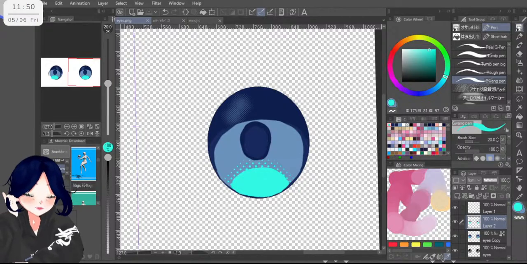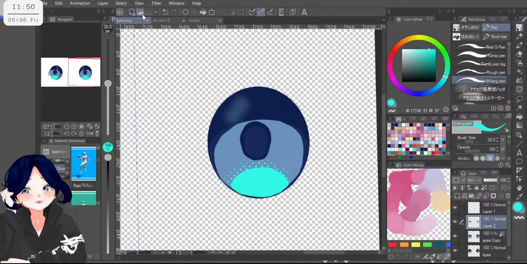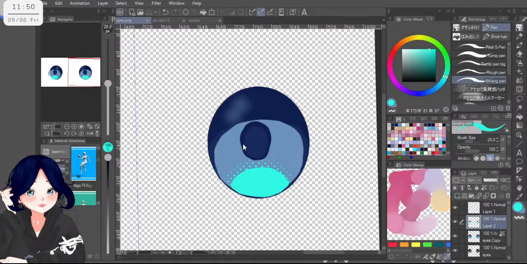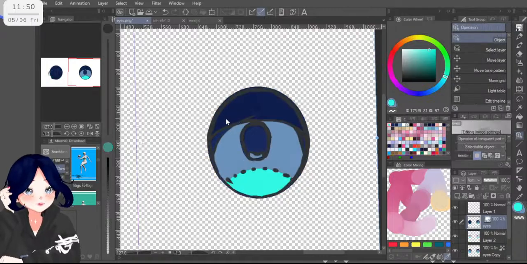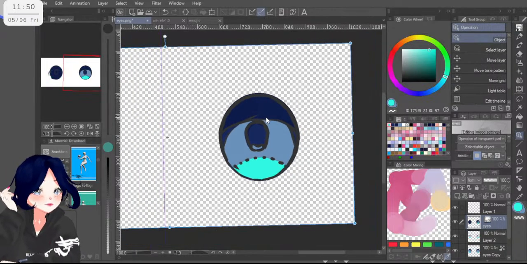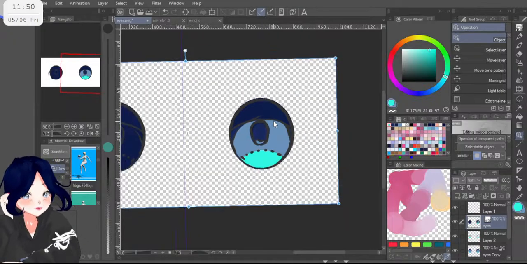And here, then let's edit this texture here. Import image, desktop, final outfit, eyes, and I mess up.